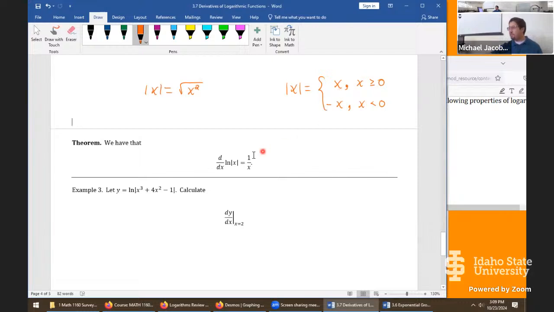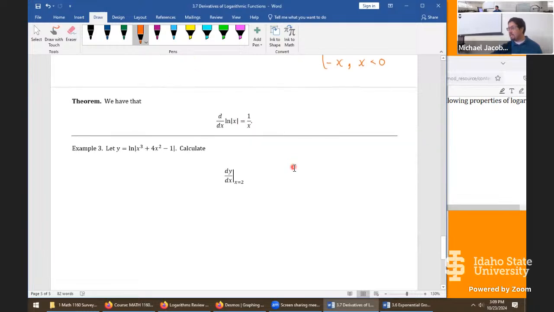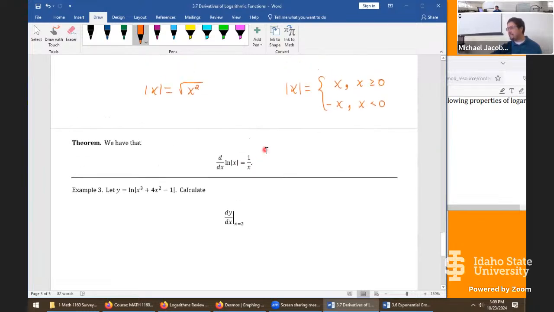But the way you derive this one is you break out absolute value of x into cases, differentiate both cases, and you'll find with the chain rule, you get this, 1 over x. The absolute value bar is totally eliminated for this derivative. It's kind of a side niche case, it feels like, in chapter 3, because we really don't do a lot with that. But the warning about this one is, this comes back,